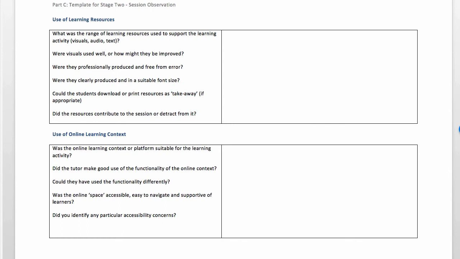An observer may also be able to make some useful comments on your use of the technology, your ability perhaps to italicize within a discussion forum in your response, or to use a poll within your webinar. But they will obviously only be able to base that on things they've observed or things within their own practice. So they might actually make a comment on what they've seen you do that they want to borrow from. So you may find that they're complementary in terms of their use of the online learning context,